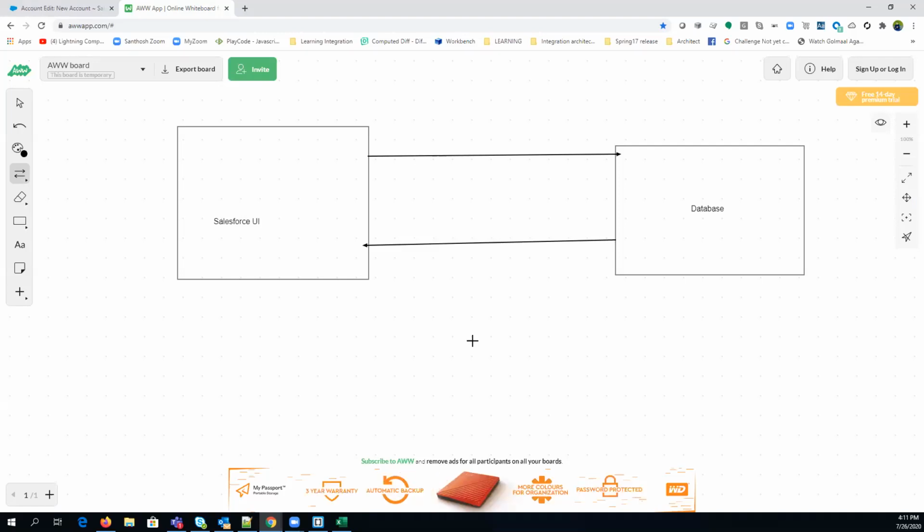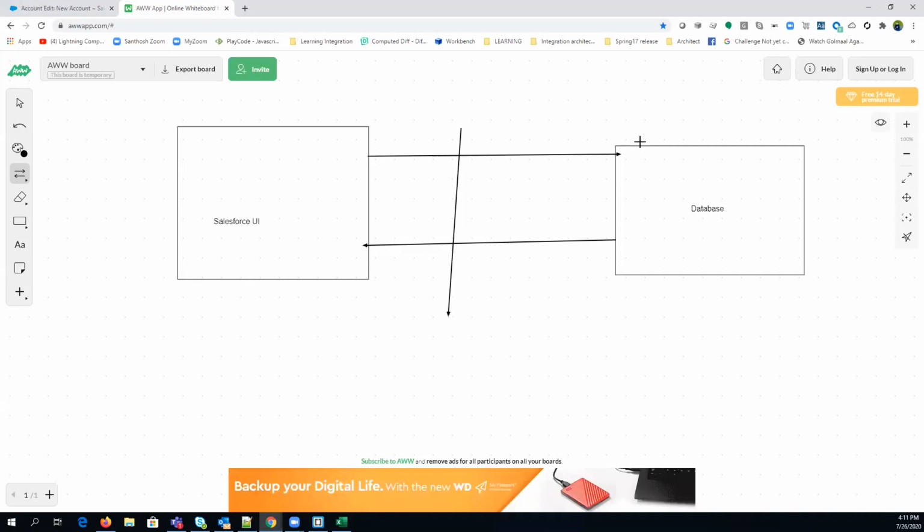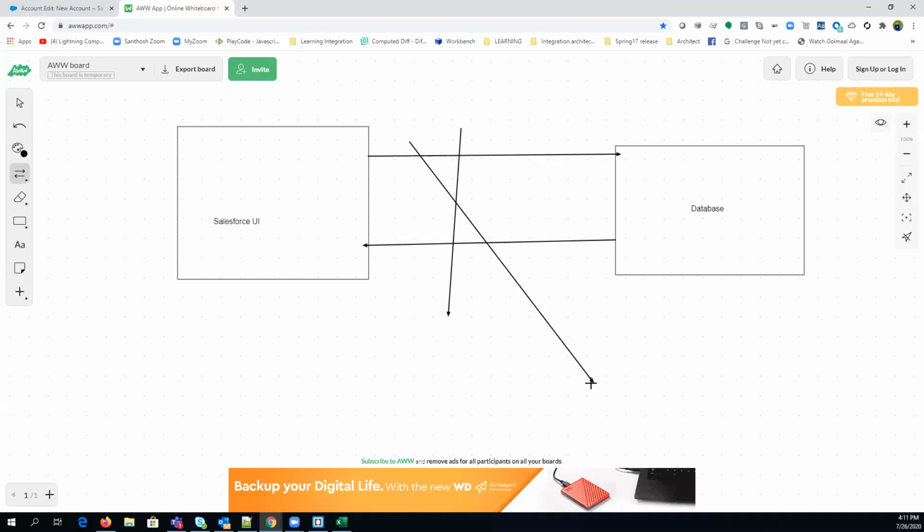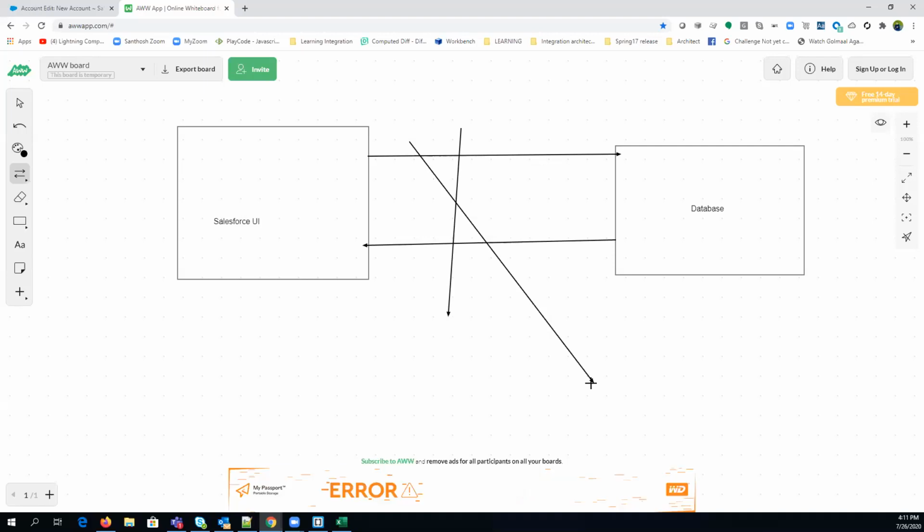But here in Salesforce, you don't have to create the connection. You don't need it. It is not required. Because both things are on premises, you can directly create a record, or directly interact with the database, without creating any connection. You don't have to make any connection between the Salesforce front end and the Salesforce database. You can directly touch the database without making any connection.